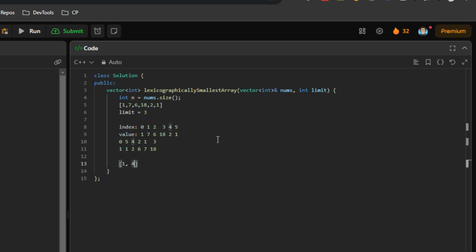So is there any element in the right? Yes, there is. There is 1 and 2. You can reach up to 4. Okay, I mean 2 2 1 1 2. Like in this 1